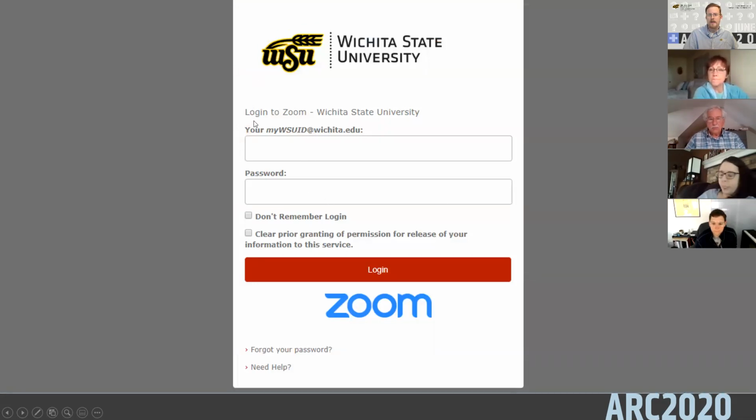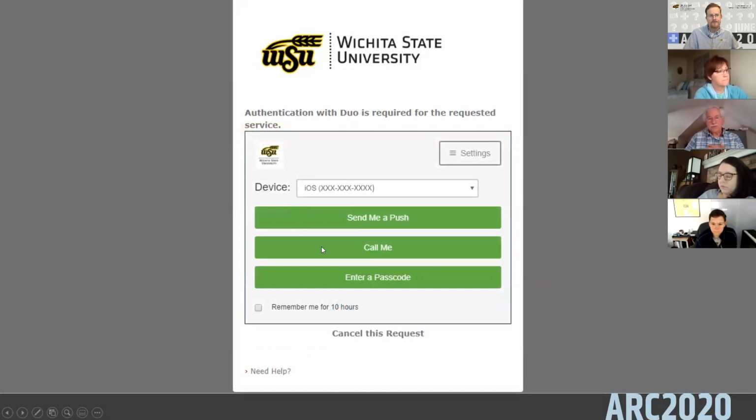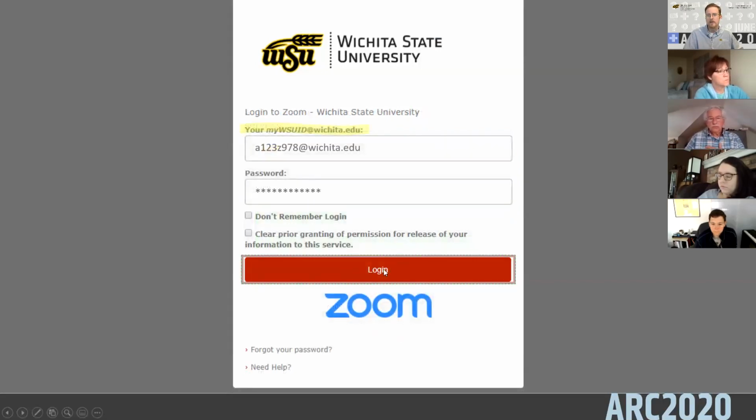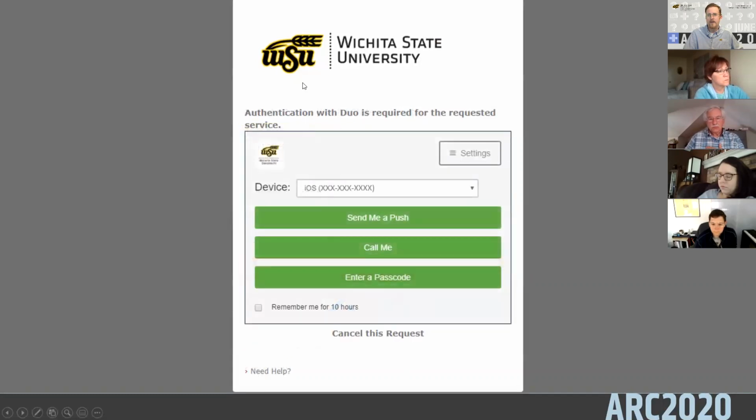And you're going to enter your MyWCU ID at wichita.edu. And it's a little bit different. It's not your email address. It's your MyWCU ID at wichita.edu. We'll put that in there. And then we're also going to put in your password. And when you click continue, go back, and click login, then you get taken to the regular Duo authentication page